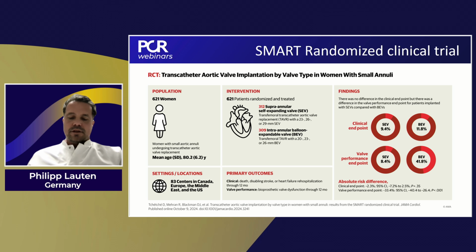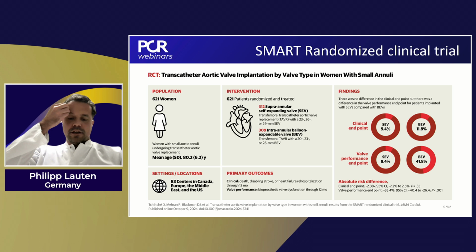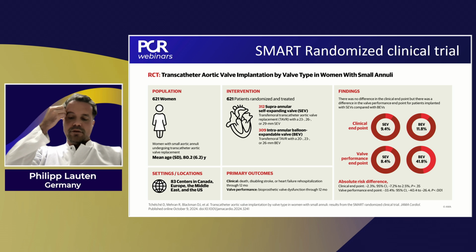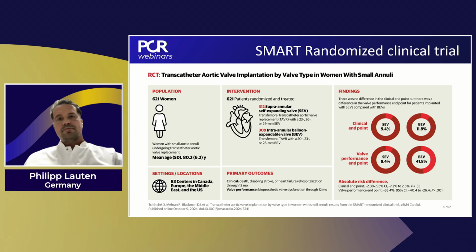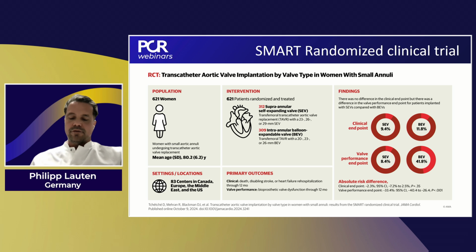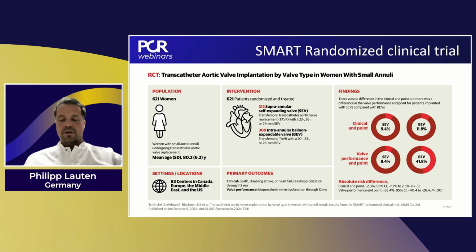Supraannular valves demonstrated significantly better hemodynamic performance with lower gradients, a larger effective orifice area, less valve dysfunction, and markedly reduced prosthesis patient mismatch. Overall, self-expandable valves provide better valve durability markers and improved quality of life compared with balloon expandable valves in patients with small anatomy